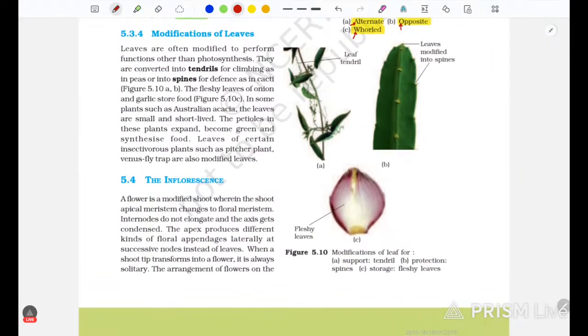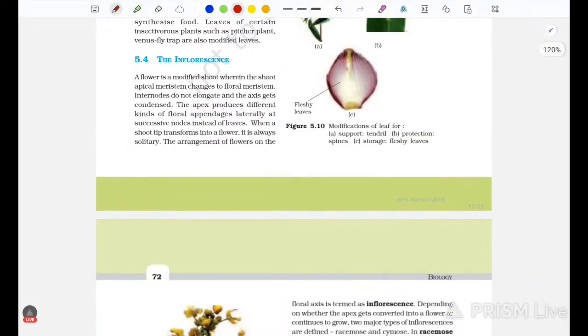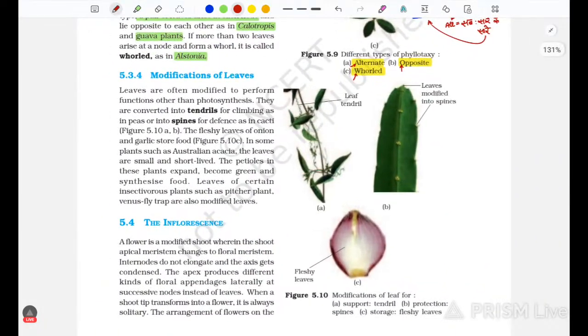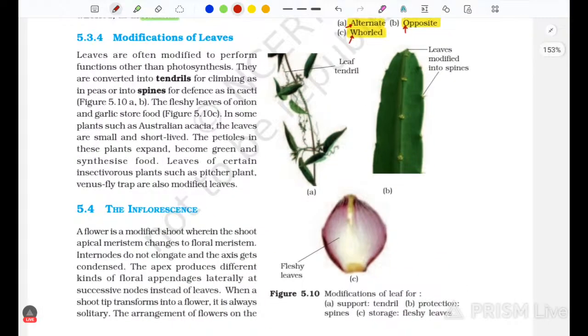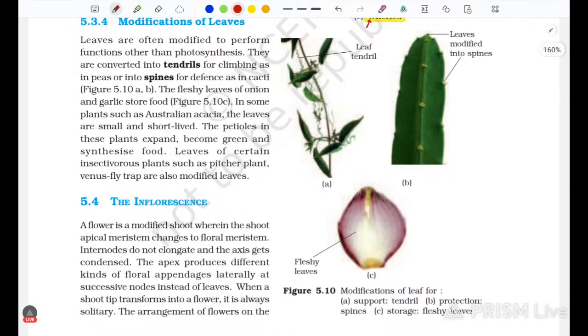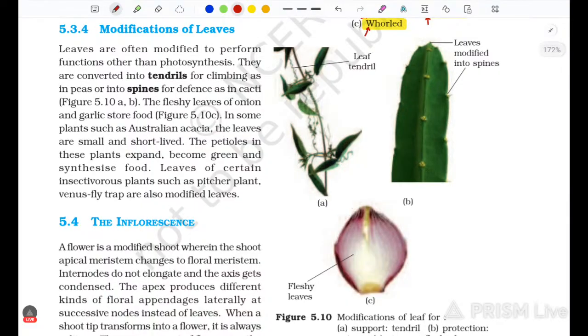वर्ल्ड का एग्जाम्पल हो जाएगा, ठीक है। लास्ट पार्ट पढ़ते हैं हम आज के टॉपिक का, जिसका नाम है मॉडिफिकेशन ऑफ स्टेम्स, मॉडिफिकेशन ऑफ लीफ, जो कि एक्चुअली एनसीईआरटी में दिया नहीं है। टेंड्रिल कहीं पे भी आ जाएगा तो वो क्लाइंबिंग के लिए काम में आता है। उसके बाद कैक्टस, लीफ मॉडिफाइड इनटू स्पाइन, दैट इज द कैक्टस। ये आपको पता होना चाहिए, इम्पॉर्टेंट है। टेंड्रिल क्लाइंबिंग के लिए होता है, स्पाइन कैक्टस में होती है।